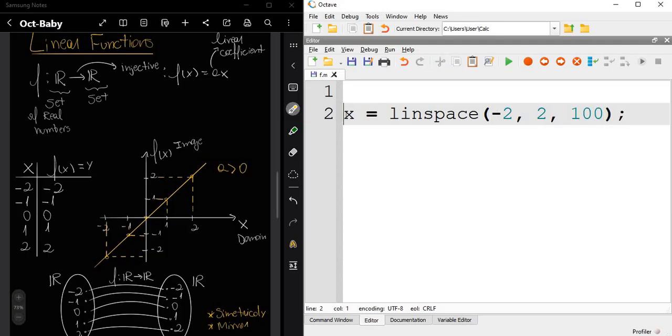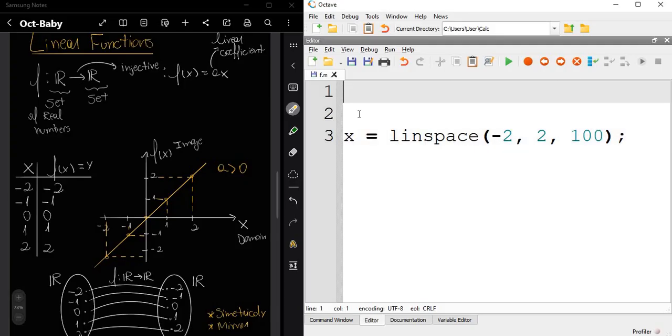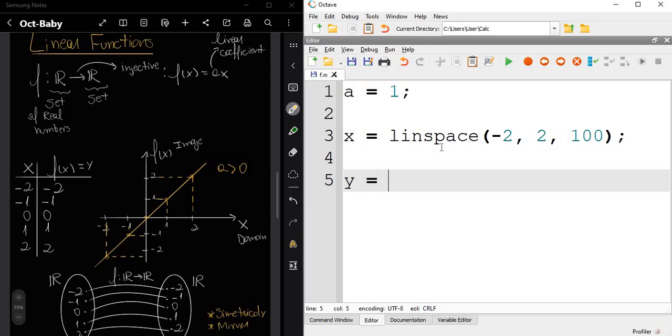And for now, let's also use the linear coefficient. Let's leave it here as 1, which is a positive linear coefficient. And now let's create the function itself, y, which is equal to x.